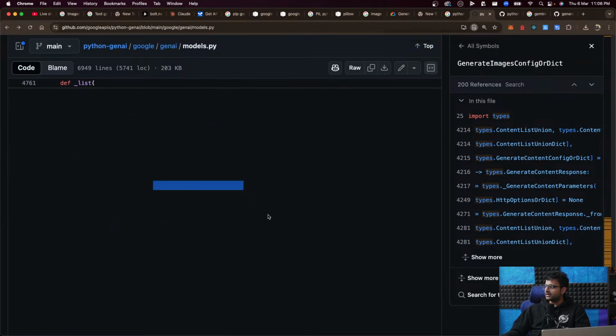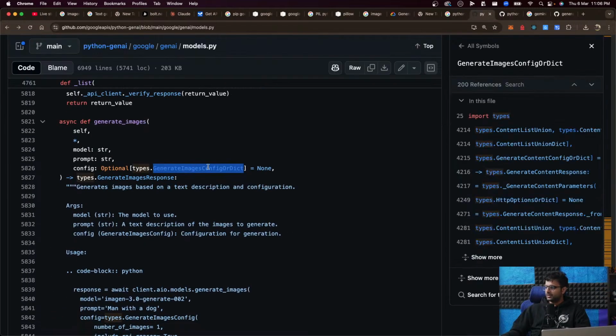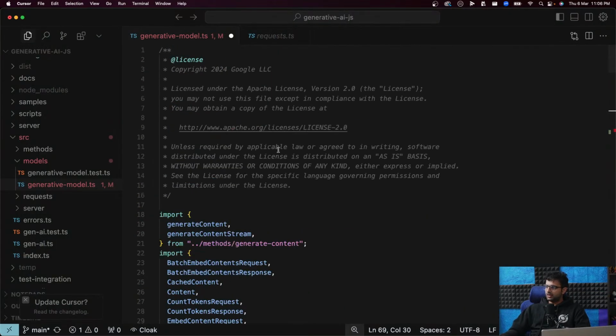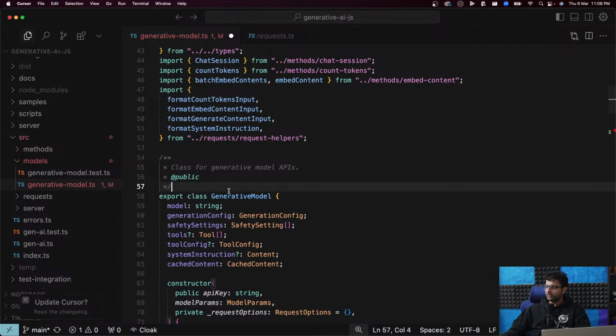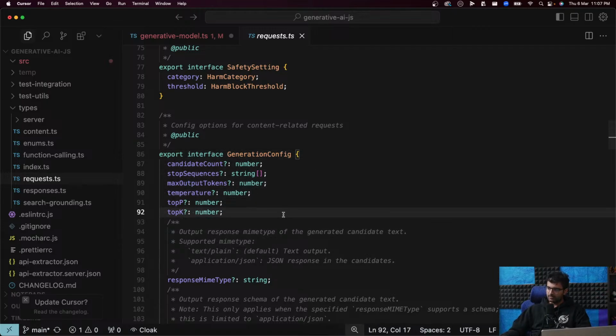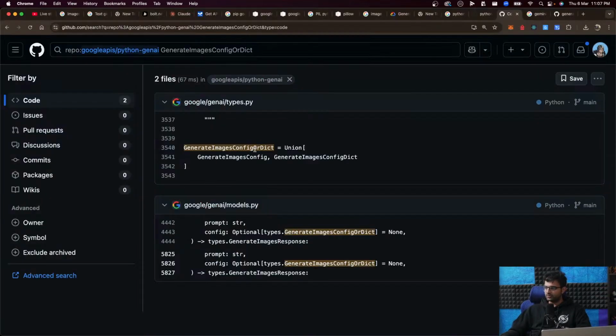I feel like we need a different class, because the generative model class that we already have has a generation config, which is very specific to text models. Everything that you see over here is very specific to text models. For that reason, it might make sense to have a separate class called generative image models, or image models, where we have the config specific to image models.